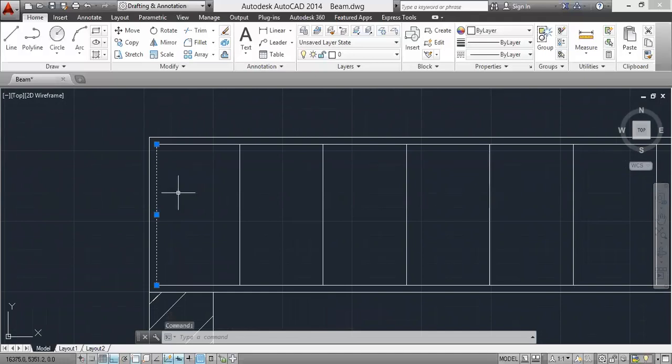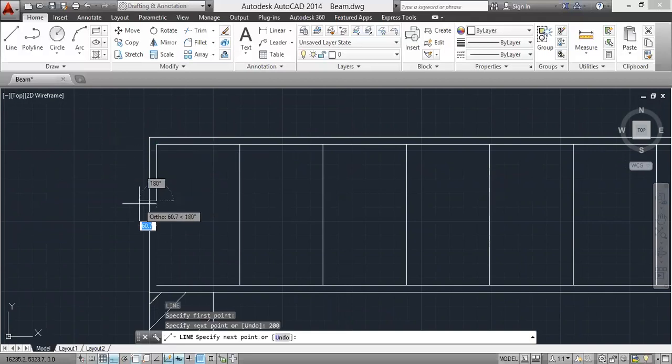Now I'll be deleting this line and I'll be drawing the line. I'll enter 200 mm. Okay. I'll enter 200 mm. Right.